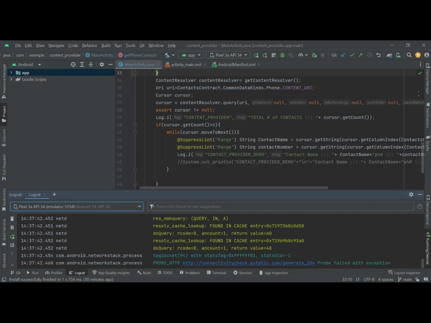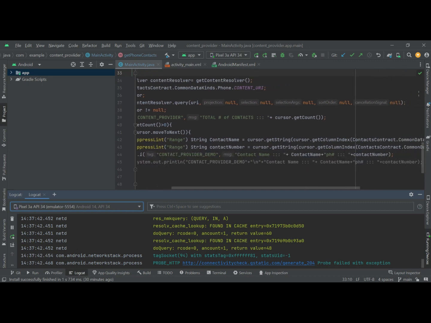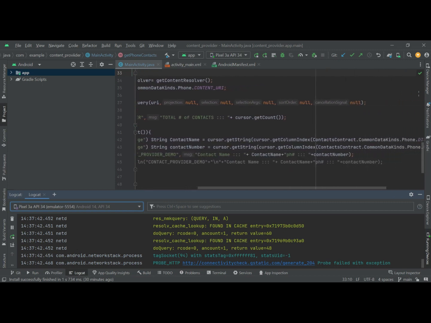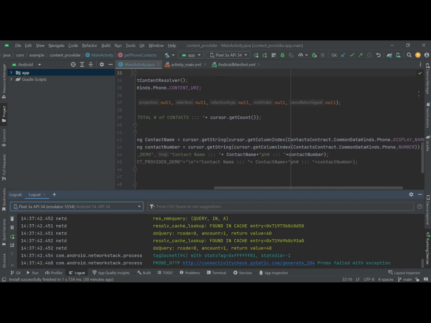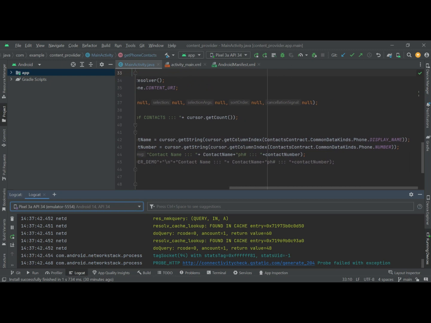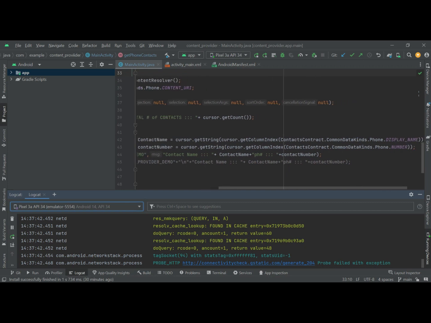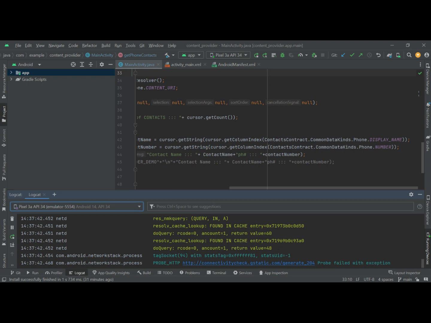Once it's greater than 0, we go through a while loop to check which contacts are present. Then using String contactName, we get the contact name of the user. This is the path to get the contact: cursor.getString, you get the column index of the contract. Again we have used a content provider here. You can see over here ContactsContract.CommonDataKinds.Phone. This is another content provider, and to get the phone number we have used Phone.NUMBER,